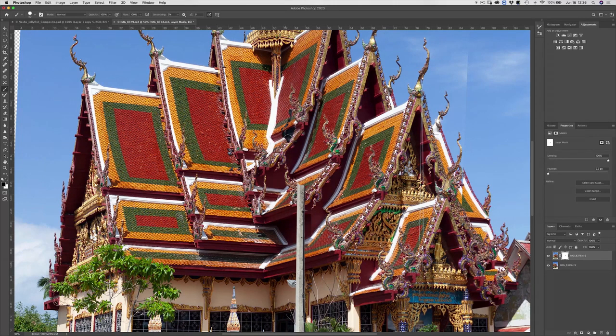Now I have just a little bit of overlap with the original lamp post, so I'm going to clean that up using my next section. But let me continue to paint and to clean up the rest of the lamp post.